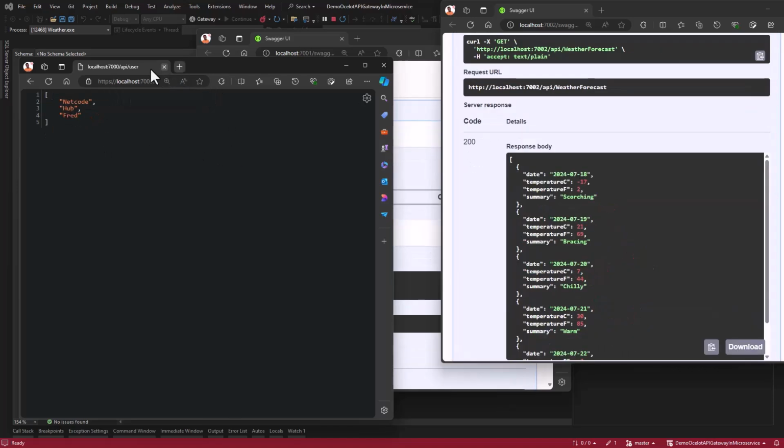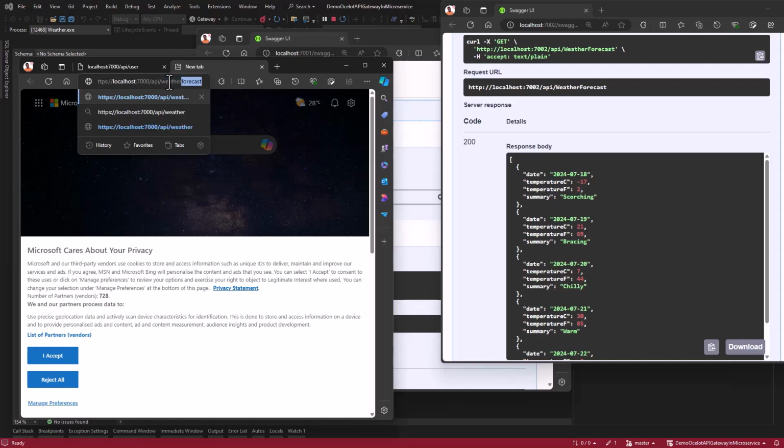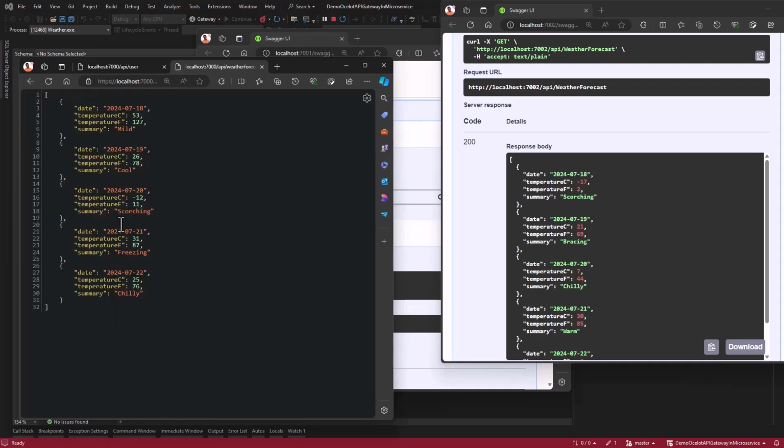The same thing applies, we can get a list of weather data as well. So when you open a new tab and paste this, we change this to weatherforecast. This is also going to return weather forecast data for us. So you can see that they are having the port of 7000 and 7000, right? So we are able to access this endpoint through our gateway API.